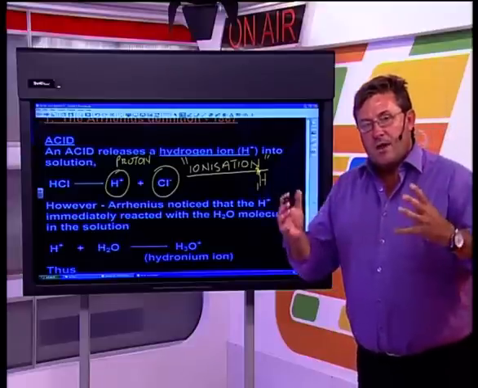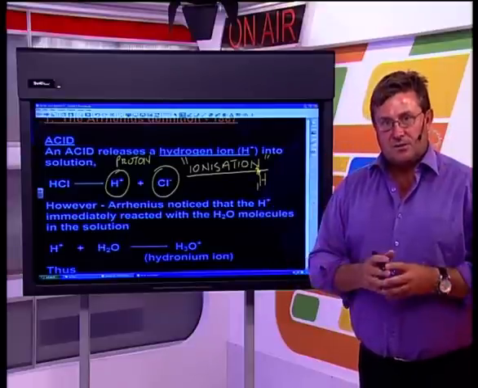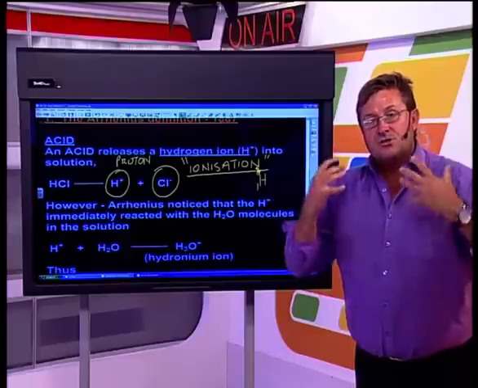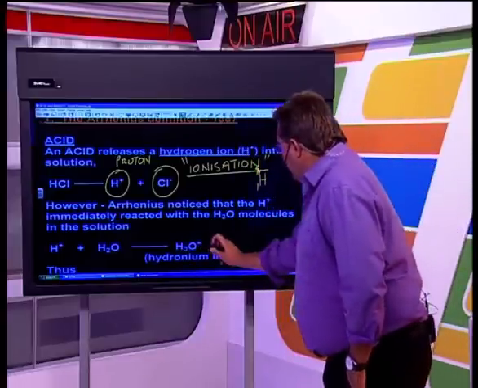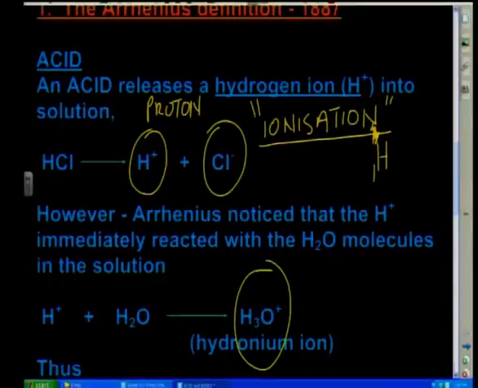Okay, so when we're talking about these solutions, we're talking about aqueous solutions. They are acids dissolved in water. And what actually happens is that we form this particular substance there called H3O+. So in other words, that hydrogen ion adds to the water. We increase the number of hydrogens to 3, but now because of that charge there, we must have an overall charge on that. And this is known as the hydronium ion.